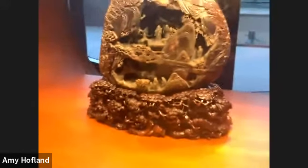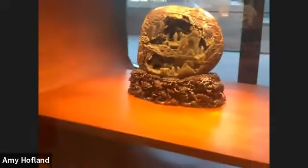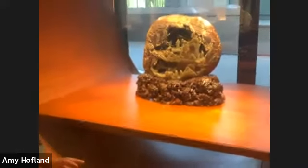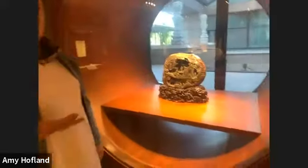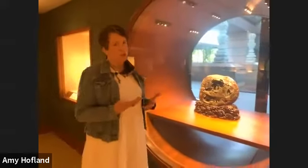So I think it's a really tremendous example of landscape, the relationship between man and nature, and the duality of how art is created in partnership with nature. And now we're going to go over here and see a very different example of a jade,